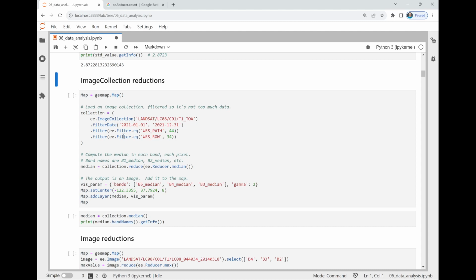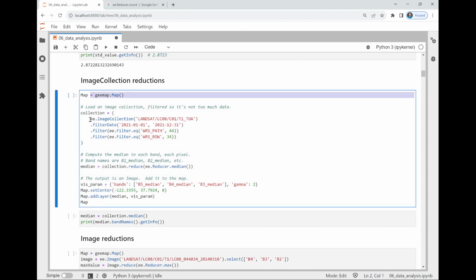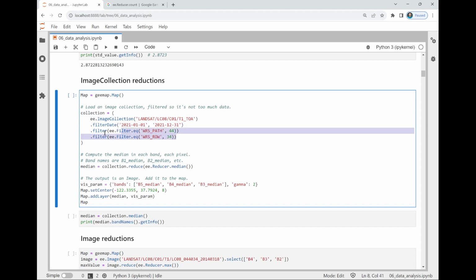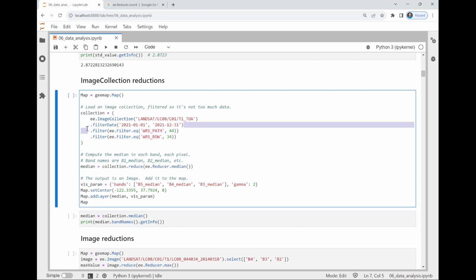reduction from an image collection. So we are going to create a map, and then we're going to use the Landsat 8 top of atmosphere image collection, and we're going to filter by 2021, and this is the path and row. So basically using the WRS reference system, so we know exactly what the location is. Giving a point, I want the data for 2021 using this Landsat 8 data. So of course you're going to get a bunch of images for that location, and then we're going to apply the reduce function. So the reduce, and then we take this one,